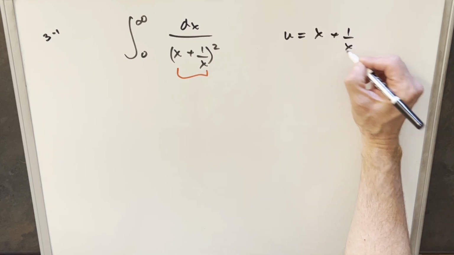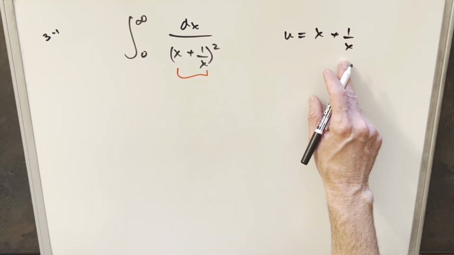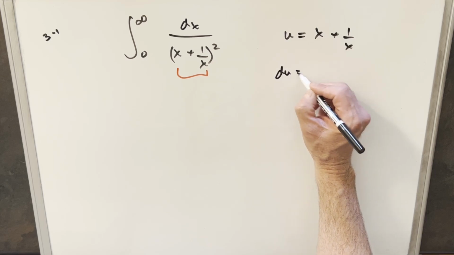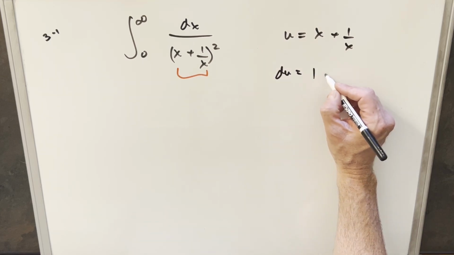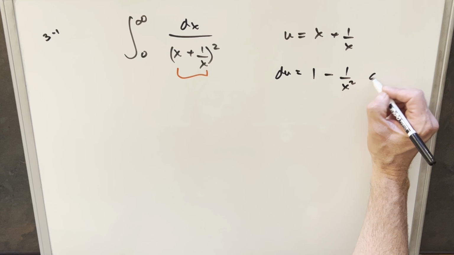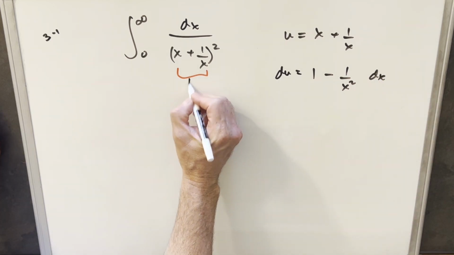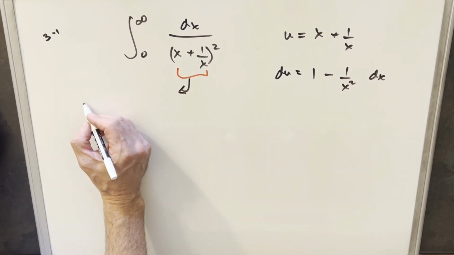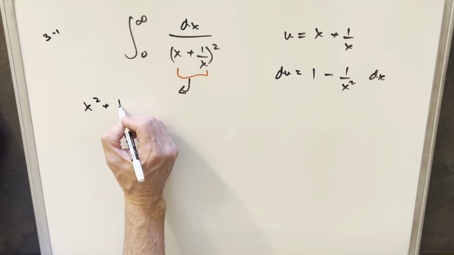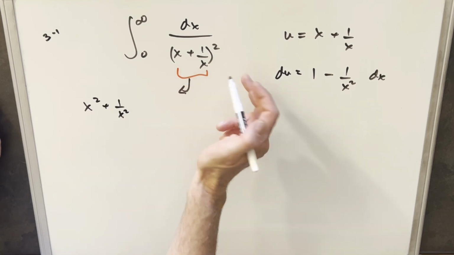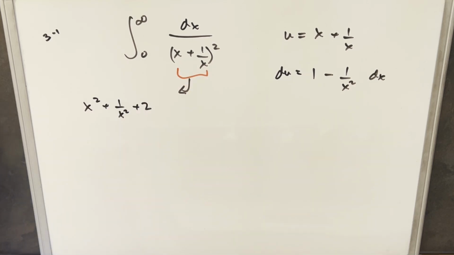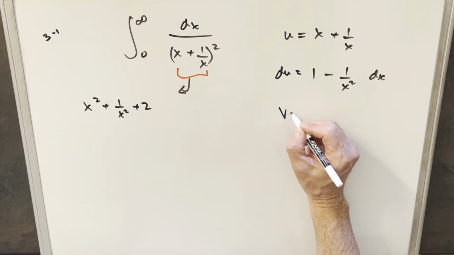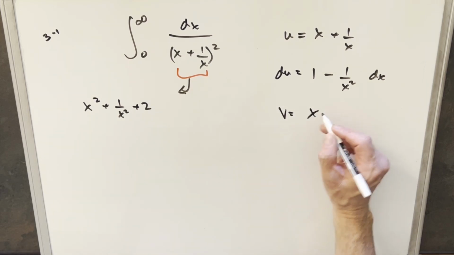So I'm going to want to start with a u substitution, u equals x plus 1 over x, and I'll take a derivative, and we're going to get du equals 1 minus 1 over x squared dx. But now something interesting with this expression, now if I just multiply this out, we're going to have x squared plus 1 over x squared, but then multiplying the inner terms together, we're going to have a plus 2 on this. Now notice if I did another substitution, which I'm going to call, let's say, we'll use a different variable v,